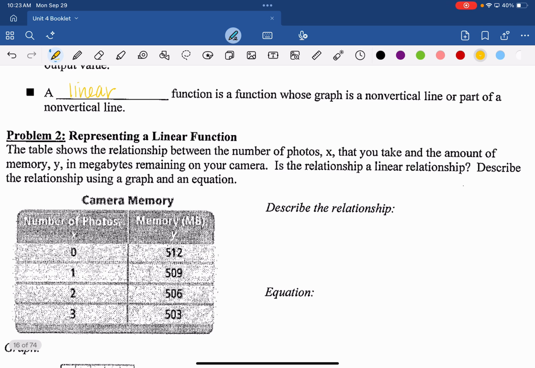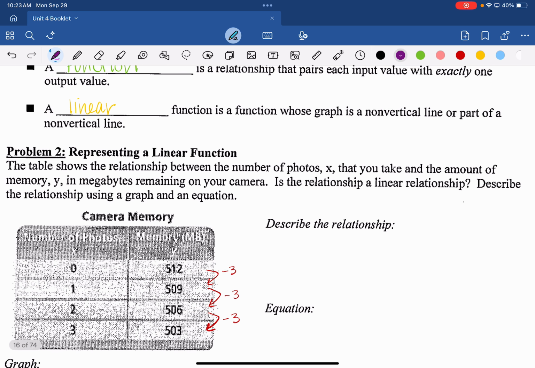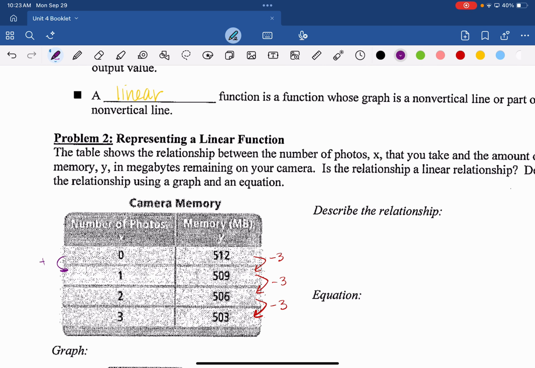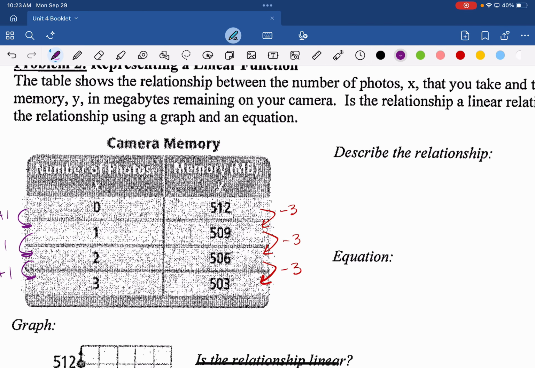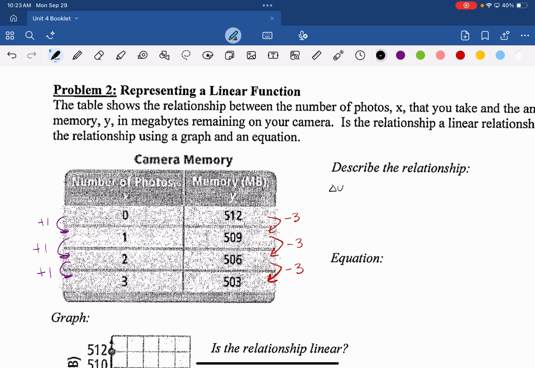So, for example, let's look at our table, okay? So when we look at our table, we're going to be finding our change in y. Okay, so as I look at this, I'm going down 3, then I go down 3 again, and then I go down 3 again. On the x direction, I'm going up 1, going up 1, going up 1. Okay, so in other words, if I were to be thinking about this in terms of my relationship, again, I like to think of the change in y over change in x to help me here. How is my y changing? Well, I'm going down 3